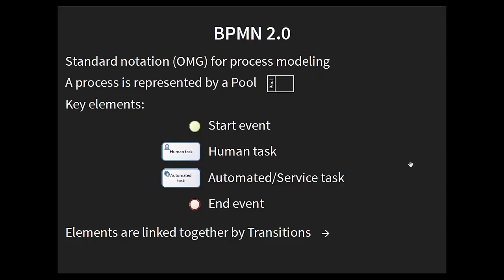So when we talk about BPM definition, most of the time we design our processes based on this BPMN standard. And Bonita is actually doing the same. We are using this specific notation for it. So a process is represented by a pool. You have multiple elements like a start event. A process has to start, obviously, and has to end. So we have a green circle for the start event. And when you have a red circle, this is basically something that is used to end the process execution. And between them, you will see that we have some kind of sequences.